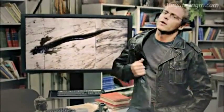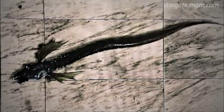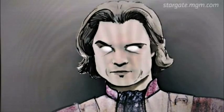Hi, I'm Dr. Daniel Jackson. When we first stepped through the Stargate over a decade ago, we found that the galaxy was dominated by a race of beings known as the Goa'uld, a parasitical, snake-like creature which burrows into the body of a human host and takes complete control. It was the Goa'uld Ra who Jack O'Neill and I defeated on the very first mission